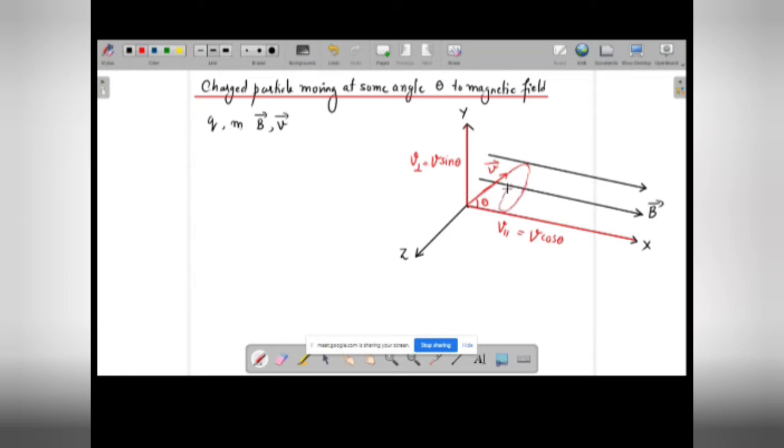Along with the rotations, it will also move ahead. It will go in a forward direction. So it is going to be something like this. So it is going to follow a helical path. So what can we say about a charged particle which enters the magnetic field at an angle? A charged particle which enters the magnetic field at an angle theta is going to follow a helical trajectory. Okay, it is going to follow a helical trajectory.